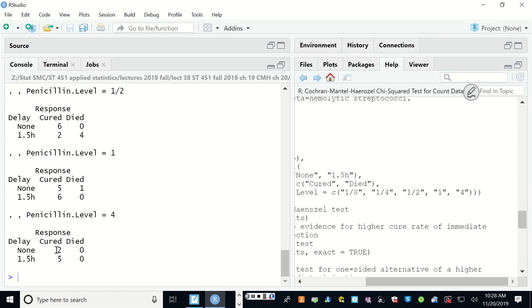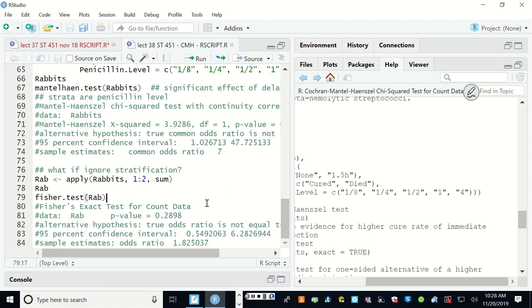And there were not equal numbers of rabbits under the different conditions. I don't know why they did the design exactly like that. Maybe they knew that if the rabbits got a huge dose right away, it would cure them, so they didn't test as many there. They weren't as worried. So each of these is a really small table, okay? But still you can do the